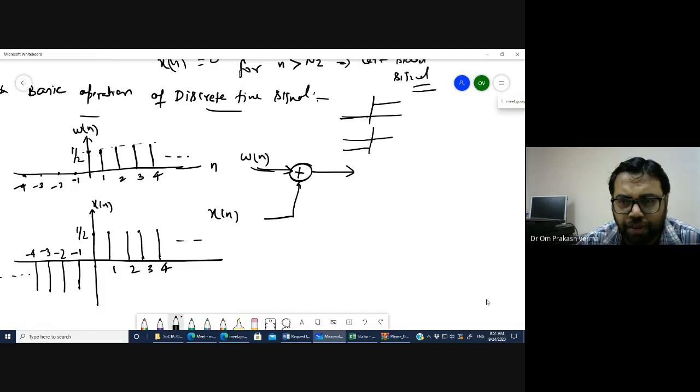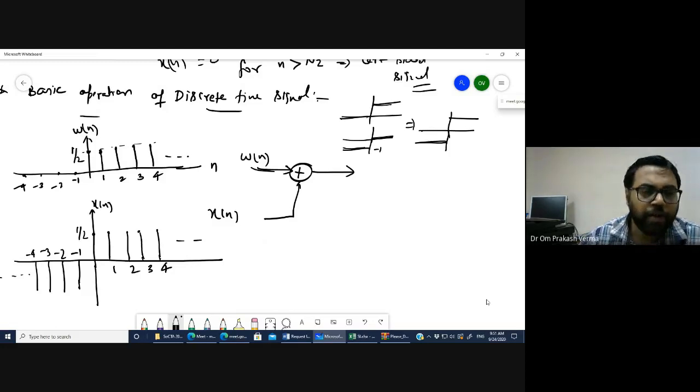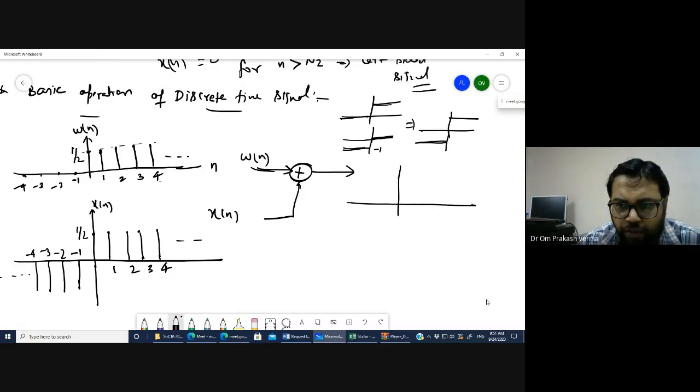So this is 0 from this side, and this is -1. So when added, from -infinity to 0 the value is this one, however the value from 0 onward is 1, and the other is 0. So when you add it, you will get the signal. In a similar way, this is 1/2 and this is 1/2. When we add, you will get 1, and again 1, 1, 1 up to infinite time. The magnitude becomes 1 from 0 to infinity,